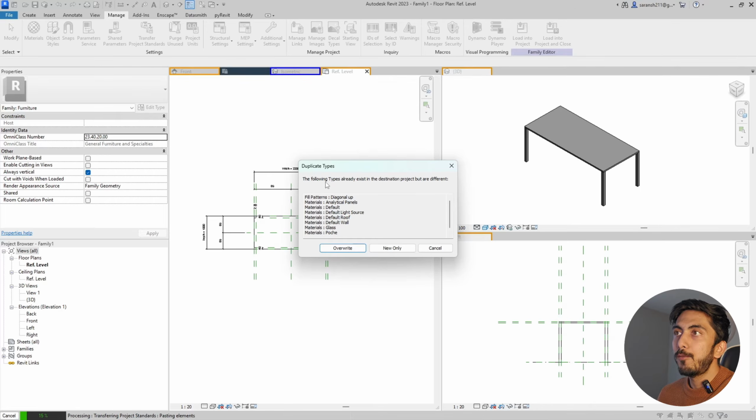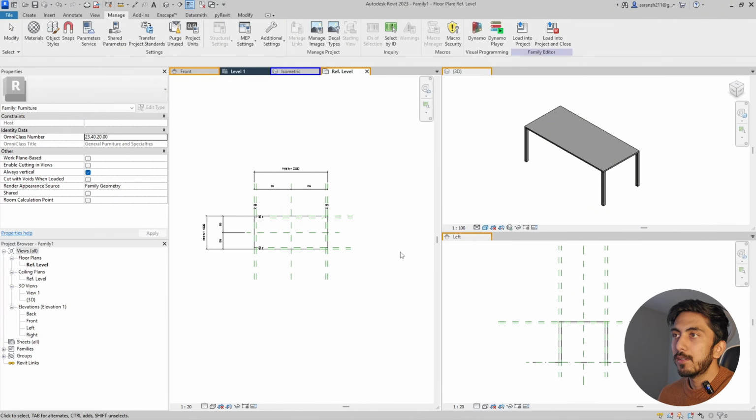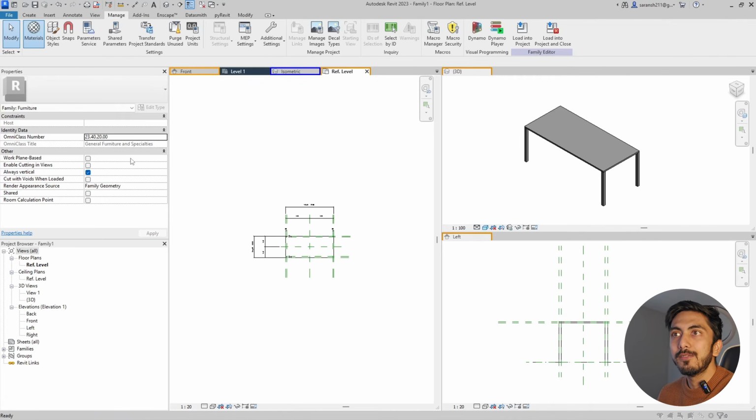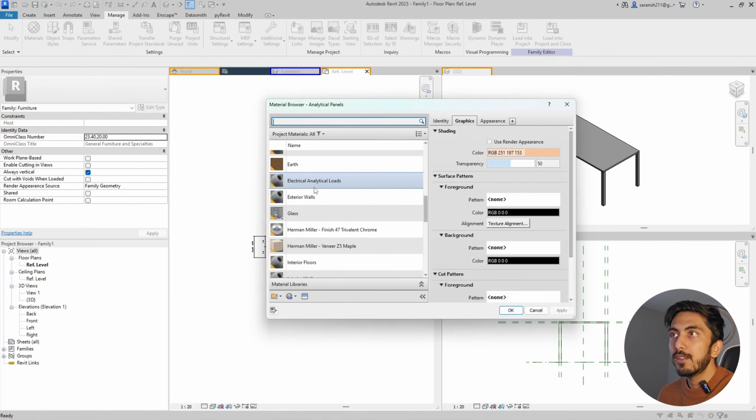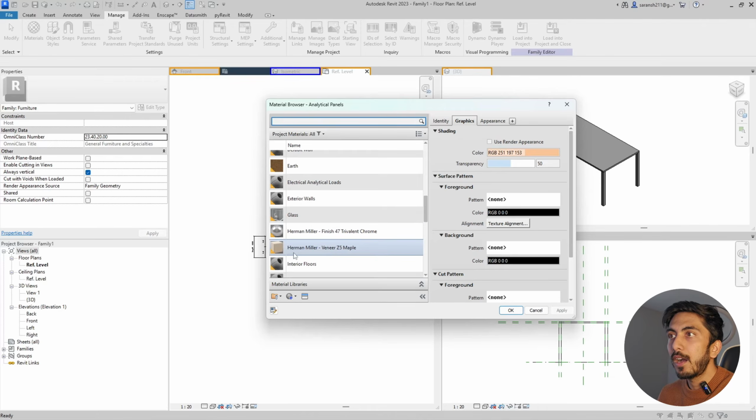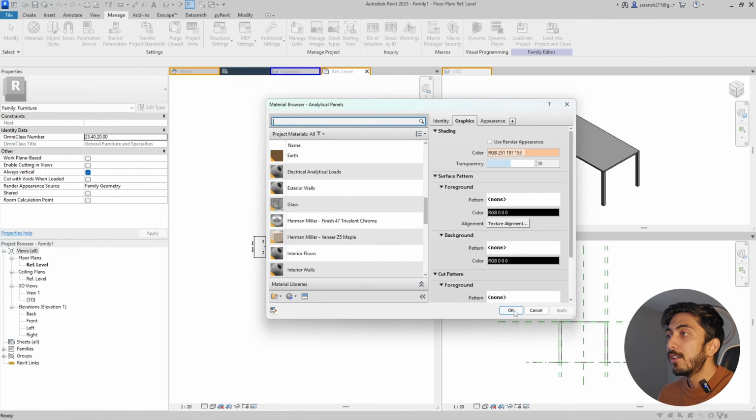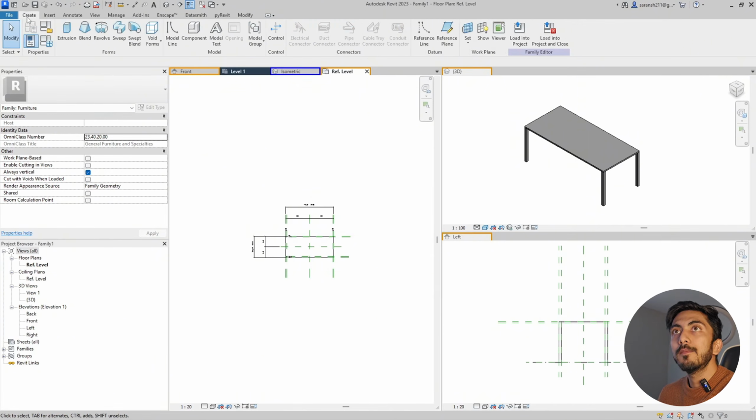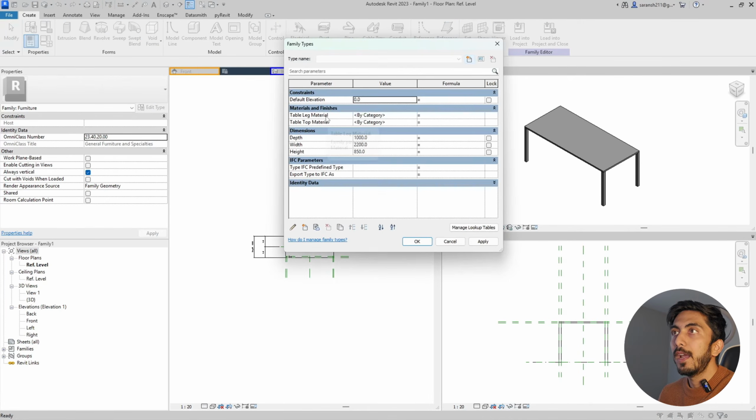Now, the following types already exist in the destination project but are different. So override or new only. I just want new only. Let's see what materials we have gotten from that chair. Okay, we have gotten earth material, maple veneer finish, and the chrome leg finish. So that's what I wanted. So I click OK. Now I go to create again, go to family types, and